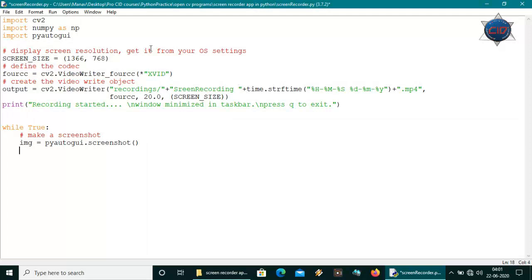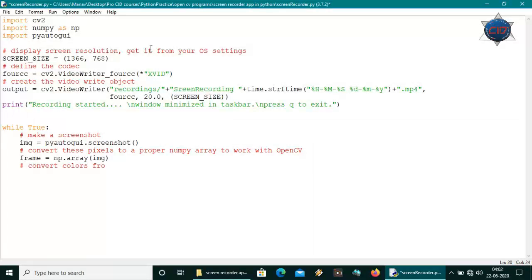So it will be an image, and now let's convert it to a NumPy array so that we can use it in OpenCV. Now let's get the frame from the NumPy array. We'll call np.array and pass the image here so that it will be changed into a NumPy array, and now we can operate on it with OpenCV.